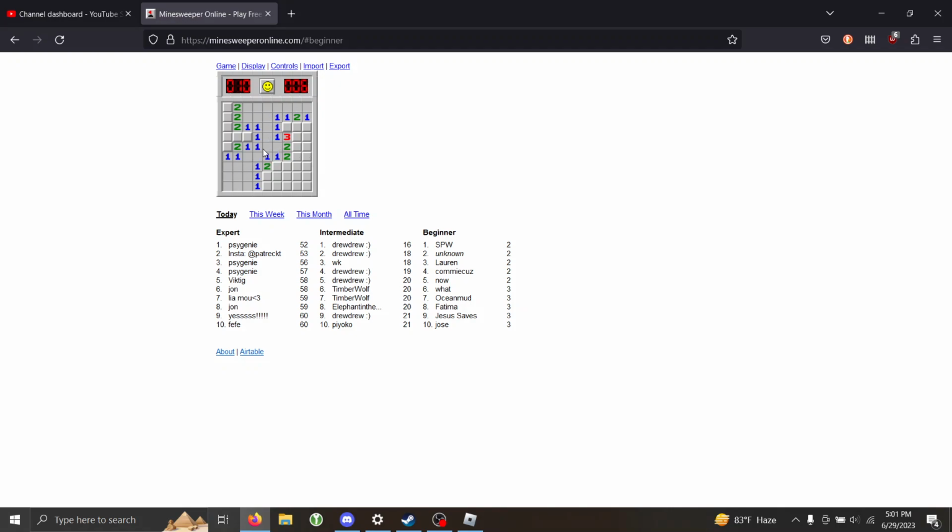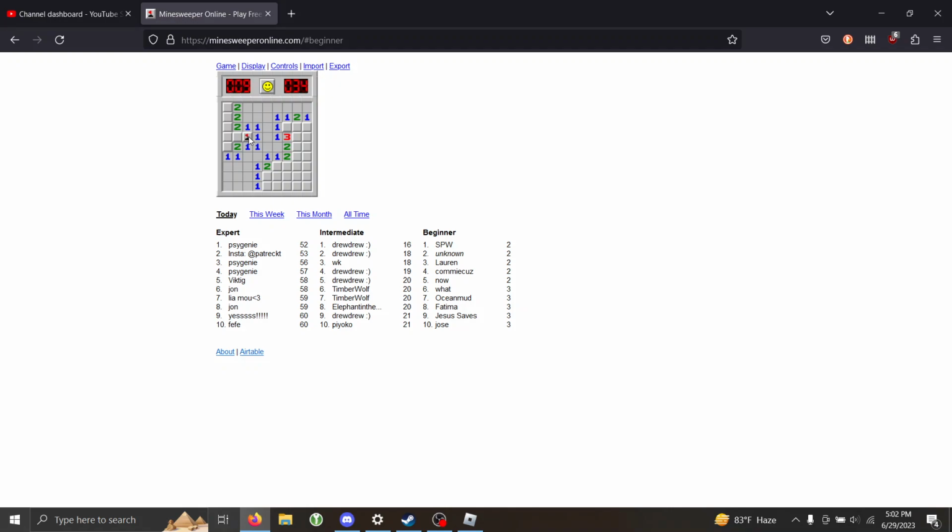So now let me explain what these numbers mean. Basically the number in a box is how many mines are immediately adjacent to it. This one right here that my cursor is on has only one mine immediately adjacent to it. If we look at it, there's only one square immediately adjacent to it, and that includes diagonals. So just the 8 squares around it,